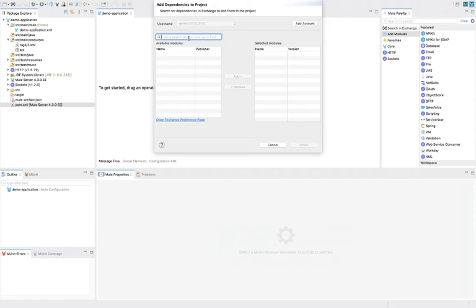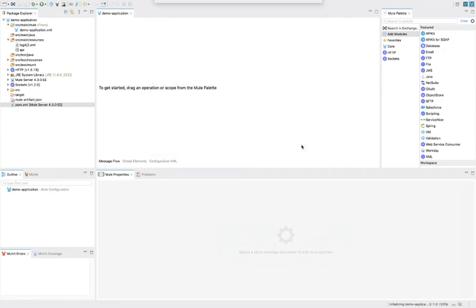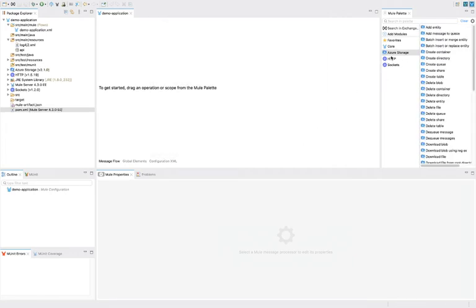Now I want to use a connector which is not available here. For example, I want to use the Azure Blob Storage connector. So you will type this name and click enter, and you will be able to find all those connectors. For example, I want to use the Microsoft Azure Storage connector. I selected this and I will click add. Once you click on add, it will ask to finish. Once you finish, you will be able to see that connector here.